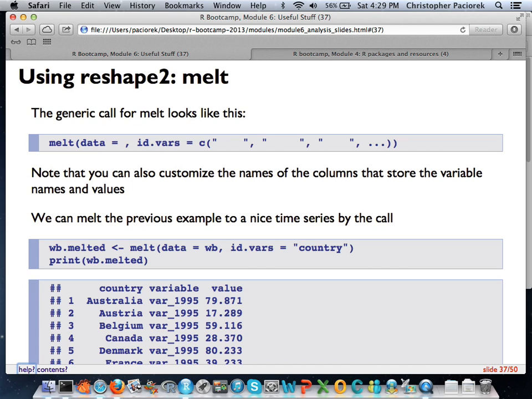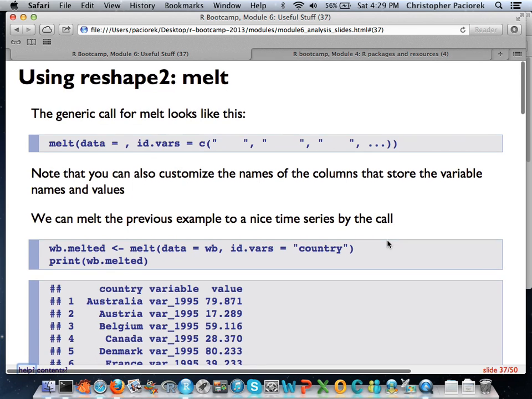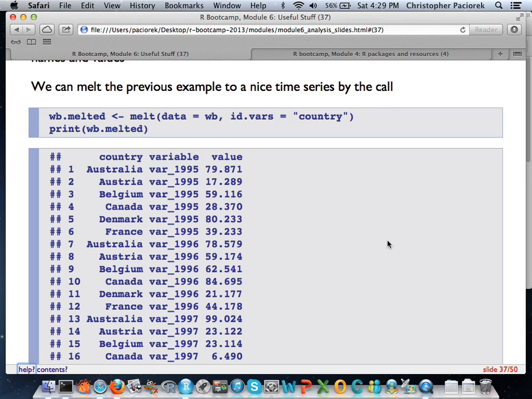So if we wanted to take our previous data set and melt it, basically take all those year columns and then have 1 column that has the year, the actual indicator, and 1 column that has the value, we'd do the following call. Melt, our data is going to be WB. This is our simulated data from the World Bank. And the ID variable that we're interested in is country. This is the thing we don't want to melt. And you can see what melt will do is it took all of those different columns, it threw those column names into this variable column here that acts as your indicator, and this is the year right here.